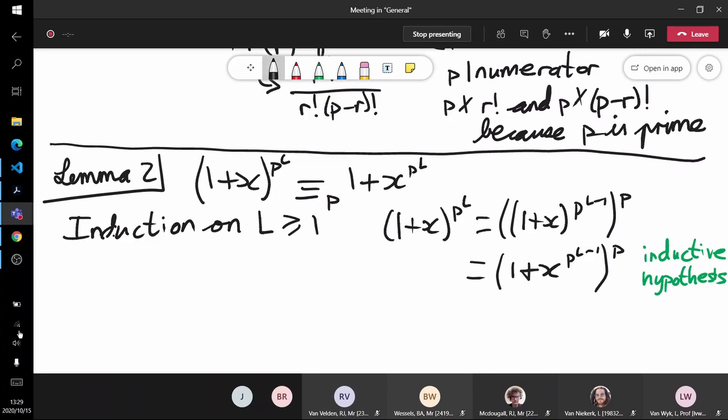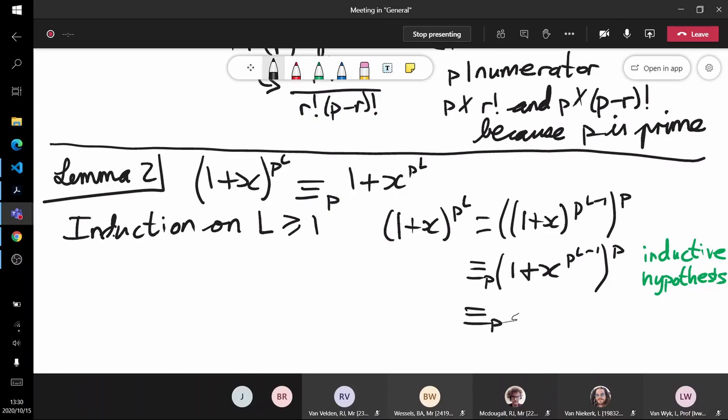And then we can use the previous lemma again, because we have 1 plus a polynomial to the power of p. Oh, sorry, this is congruent mod p. Forgot to write that. So we use the previous lemma again